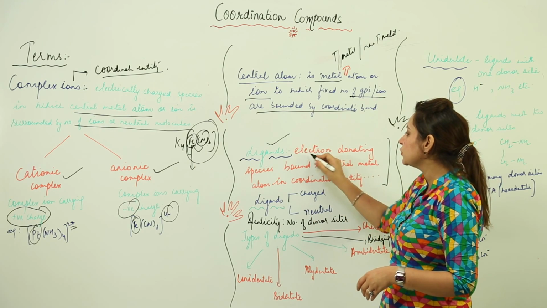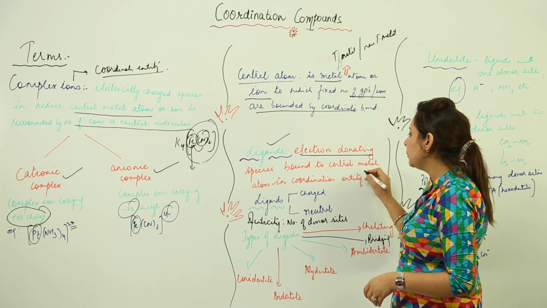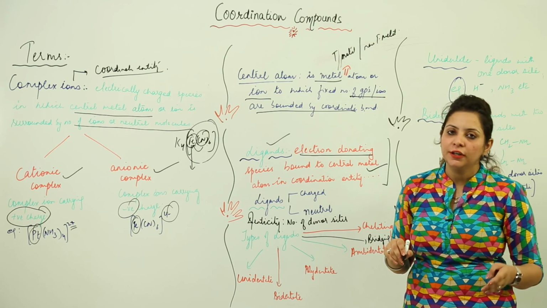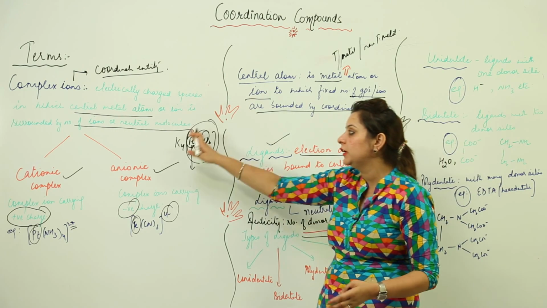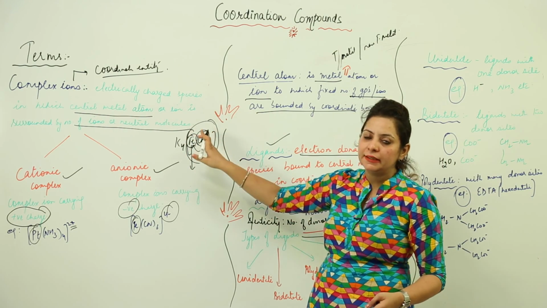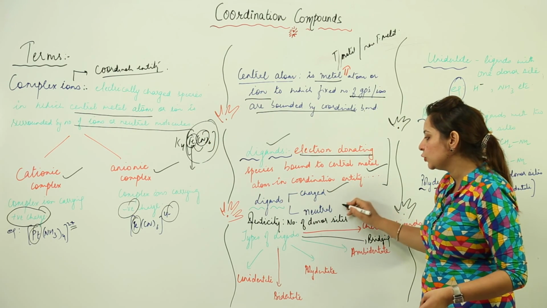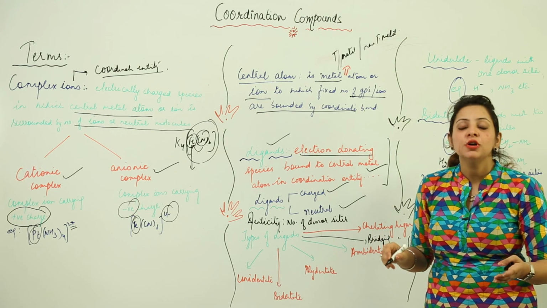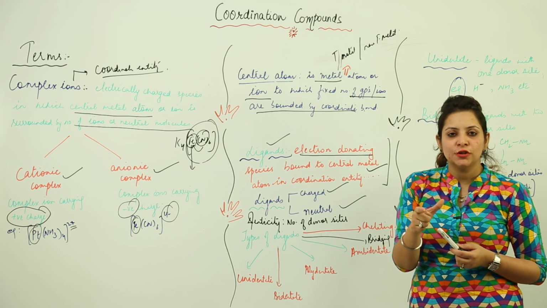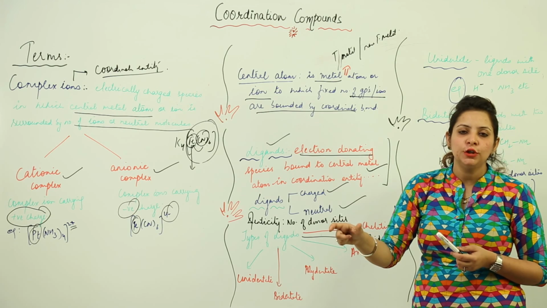So ligands are electron donating species which are bound to the central atom, obviously by a coordination bond, and it is included in a coordination entity, that is, in a complex ion. Now ligands can be charged, or they can be neutral molecules. As I told you, ligands are the groups, specifically ions or neutral molecules, which are linked